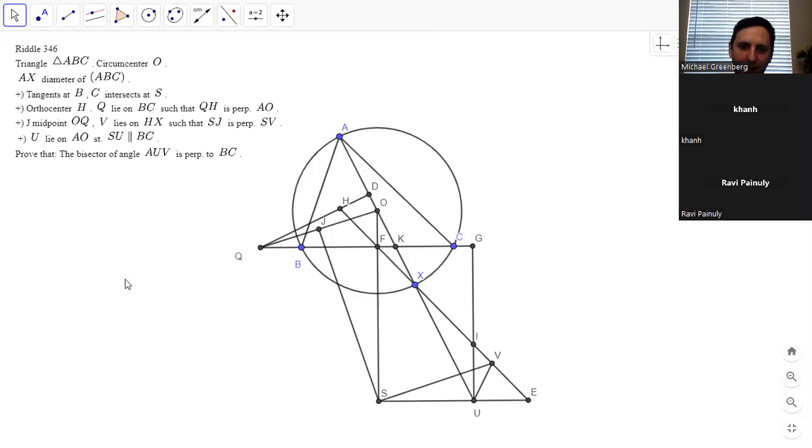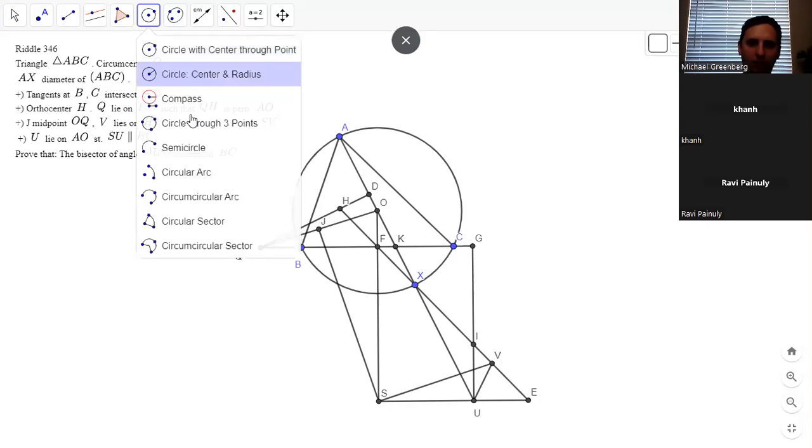All right. Like, for instance, we have QDOF is cyclic. Like, that is kind of useful. Easy to see, but